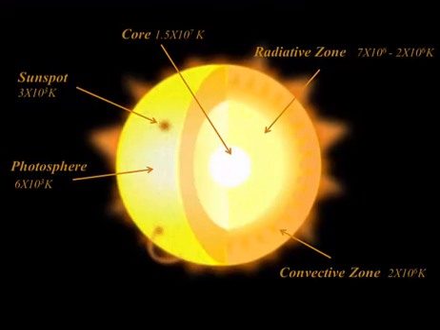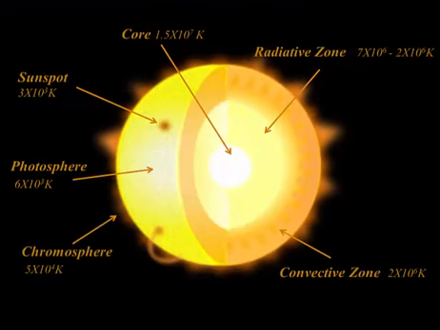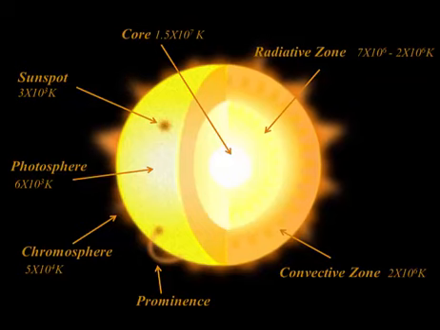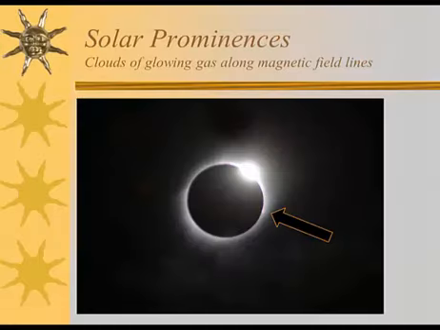Out from the photosphere, we find the next layer, the chromosphere. We'll notice that temperatures are rising once again. It's in the chromosphere that we may find prominences. Prominences may occasionally be visible, such as this pink area on the limb of the sun that I photographed during